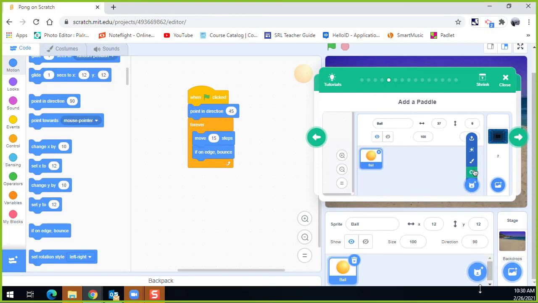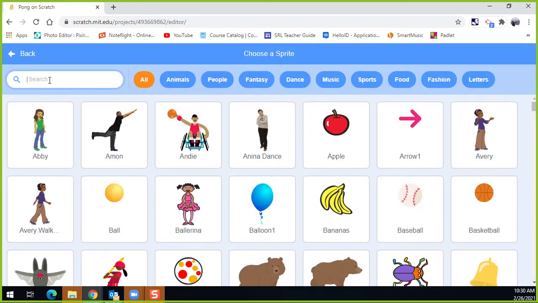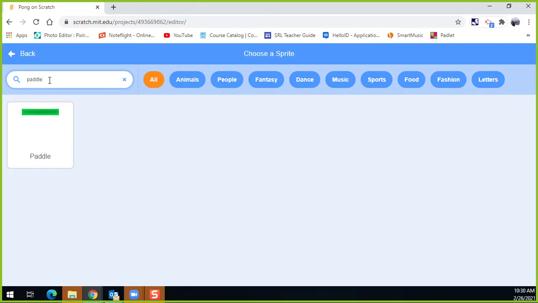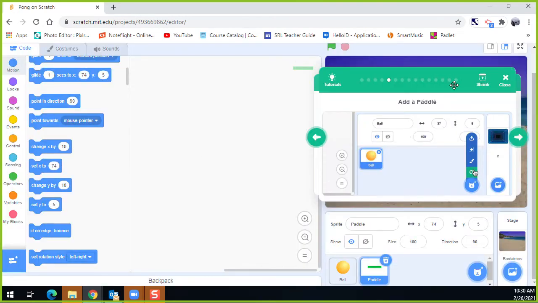Okay, next part of the tutorial. We're going to add a paddle. That is this one down here. These are like your PNG files. You can, again, upload one. You can surprise yourself. You can paint one, or you can just choose one. I'm going to choose one because I already know there's one called paddle. There it is. Now that I have my paddle in,